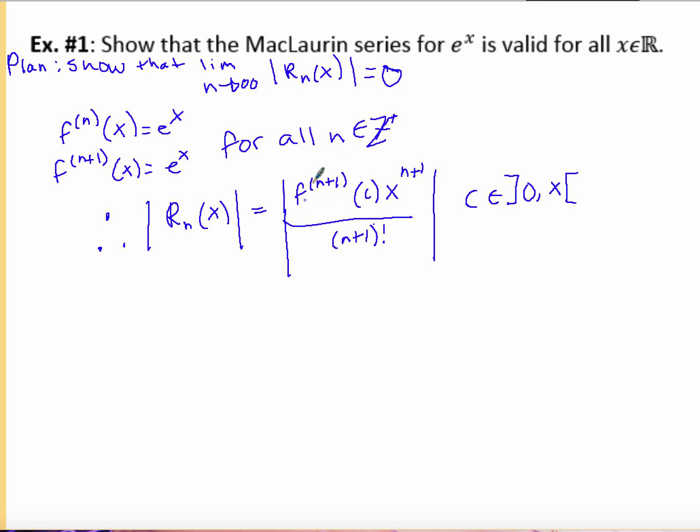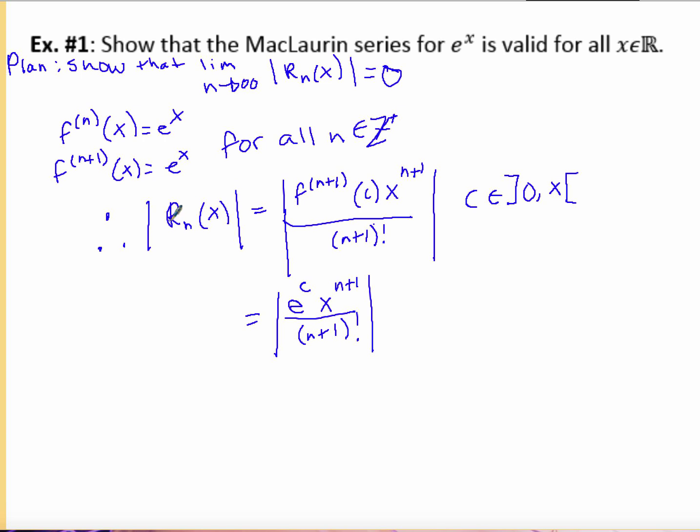So I know our next derivative, well, every derivative is always going to be e to the x, but we're taking it with respect to c, so I'm going to substitute in a c for this x value here. So I'm going to get the absolute value of e to the c power instead of e to the x times x to the n plus 1 all divided by n plus 1 factorial. Okay, so now we're going to go ahead and simplify this and take the limit,